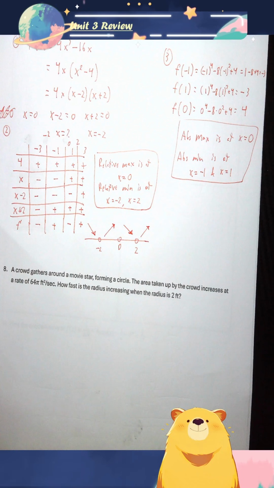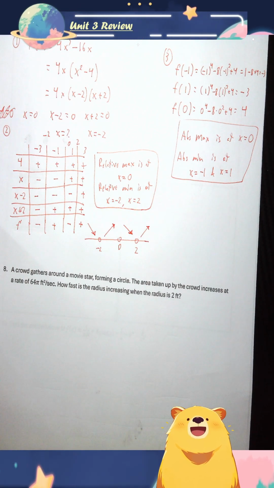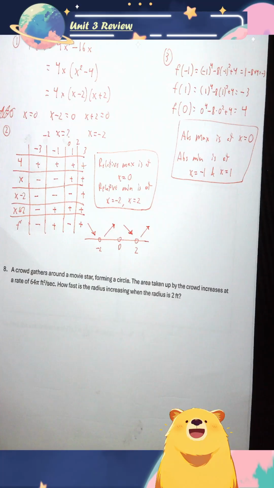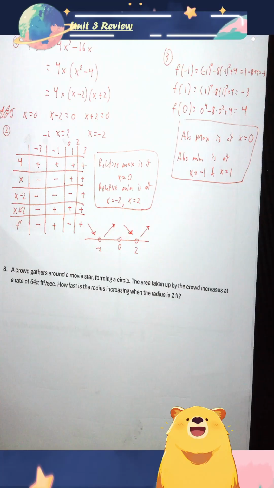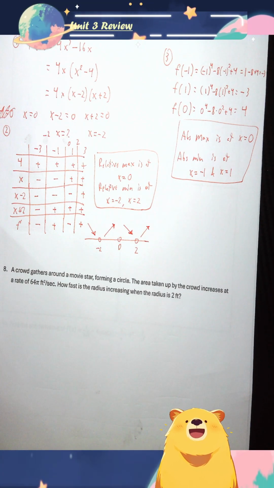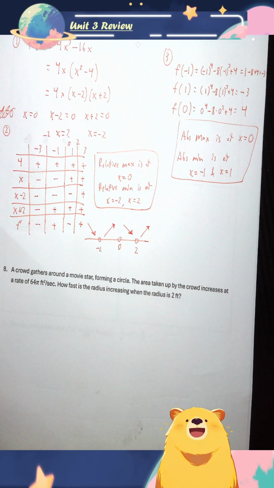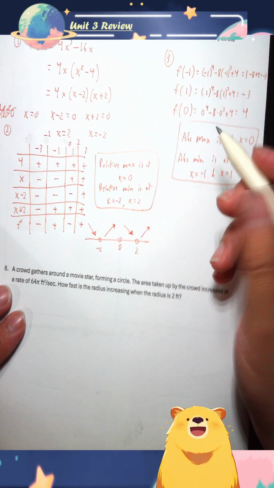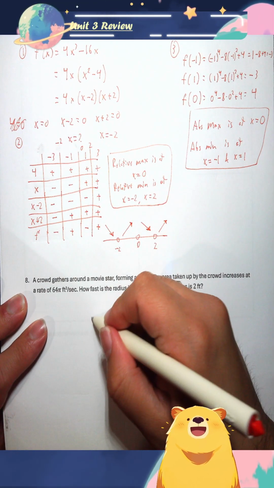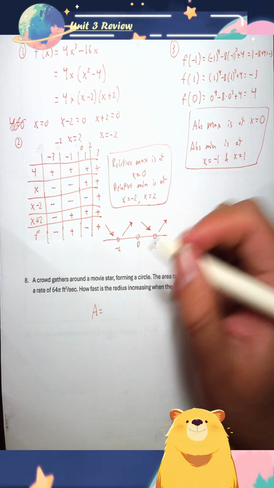Okay. Number 8, a crowd gathers around a movie star forming a circle. The area taken up by the crowd increases at a rate of 64 pi feet per second. How fast is the radius increasing when the radius is 2 feet? Okay, so this is just involving the area of a circle. So area is equal to